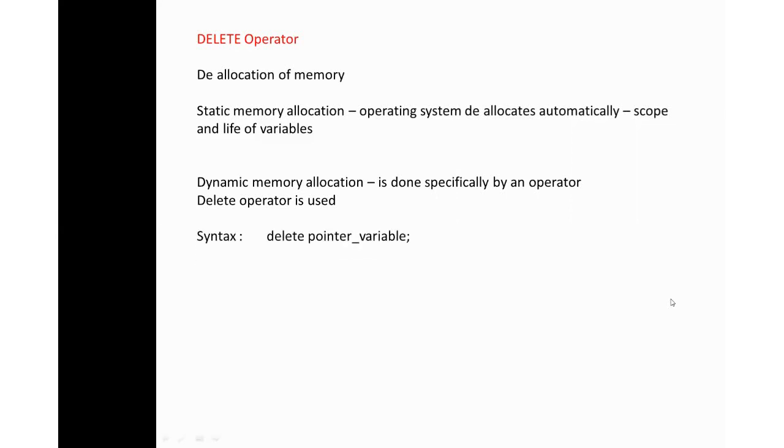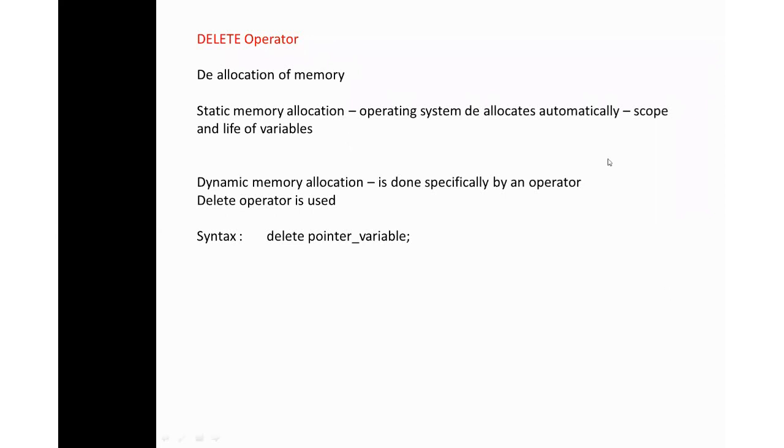Why? Because every time you allocate memory, your memory is getting piled up, used up. After a certain stage, the entire memory is used, and further there is no place to do any work. A worse situation arises known as memory leak, which we will study in detail. First we will move on to how to delete that pointer variable.